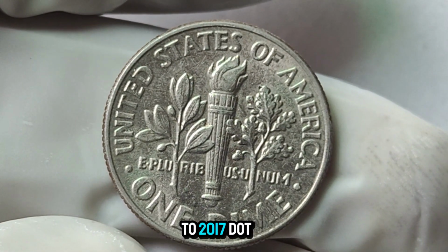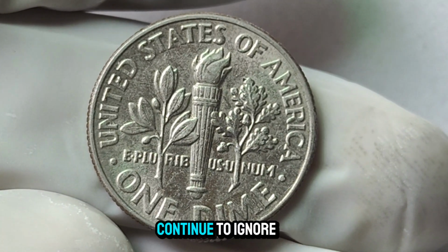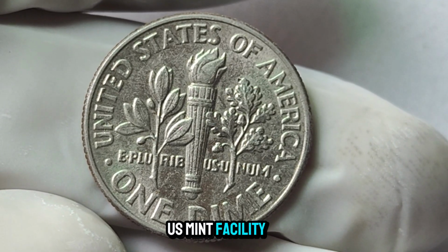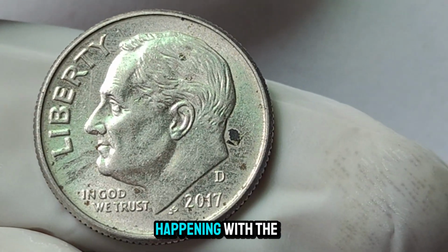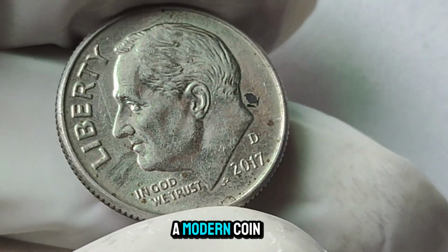Let's rewind to 2017. A year when smartphones got smarter, politics got louder, and people continued to ignore the power of pocket change. But deep in Denver, at the U.S. Mint facility, something unusual was happening with the Roosevelt dime. The 2017 D dime. A modern coin,